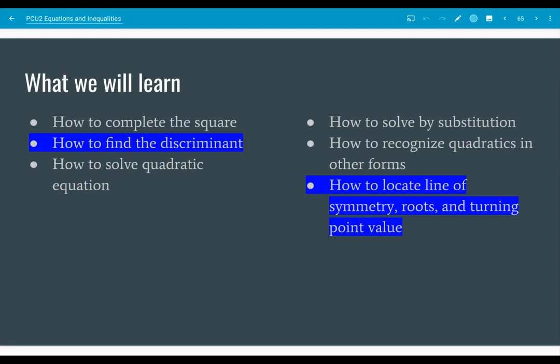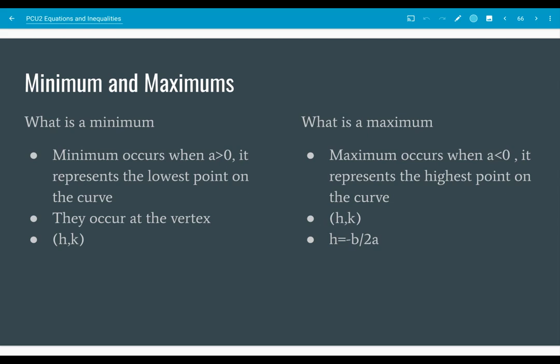In this video, we're going to talk about the discriminant of a quadratic equation and also look at some key features like the axis of symmetry, the roots, and the turning point values or the vertex. So we're going to start with maximum and minimum. Okay, a minimum in a quadratic occurs when a,